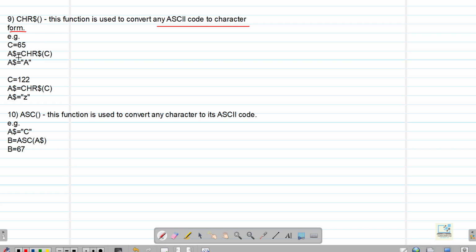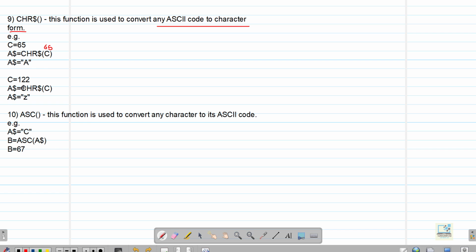For example, if we have any code 65 in a variable, and I write CHR$ of it, 65 is going to be converted to its character form, and 65 is the code for capital A. So after converting, the variable will contain capital A, because capital A has the ASCII code 65. If I would have used 97 for example, then it would have been small a.